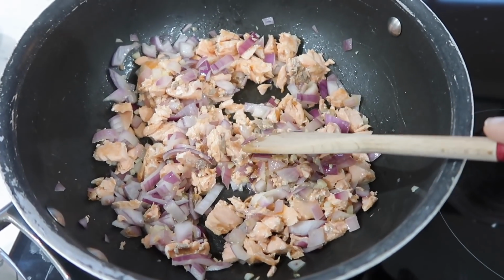Right, so for dinner tonight, I am going to be making a salmon and broccoli risotto. You guys might have seen this recipe when I did it with pasta before. It is honestly such an easy recipe. I'm using 2 pieces of salmon that I have cut from that big piece that I got at the beginning of the week. So in here I've just literally got some onion, garlic, the salmon that's been flaked up,